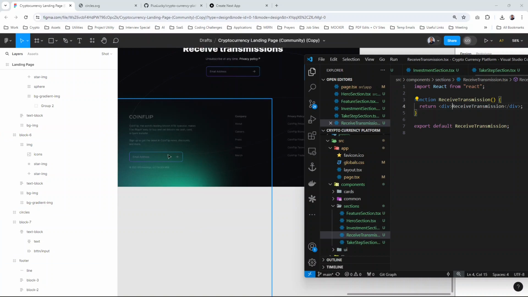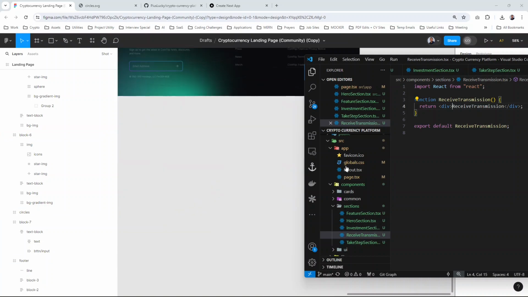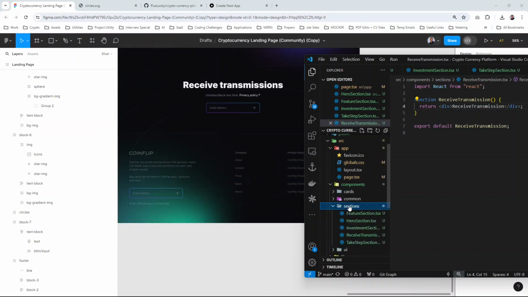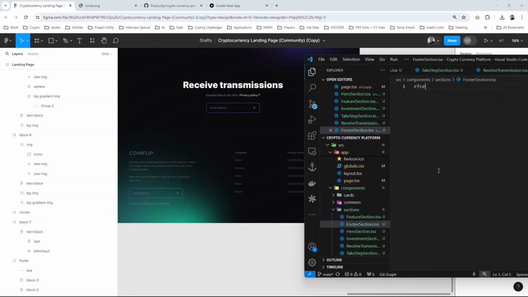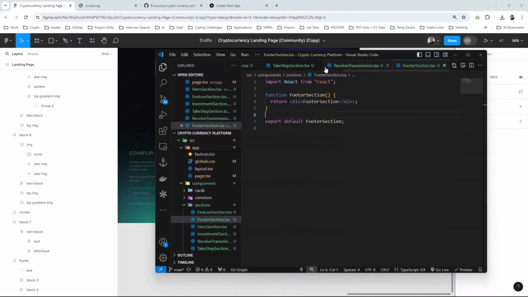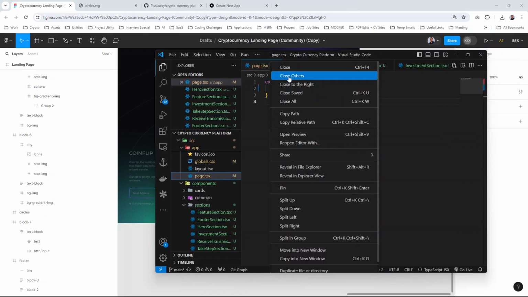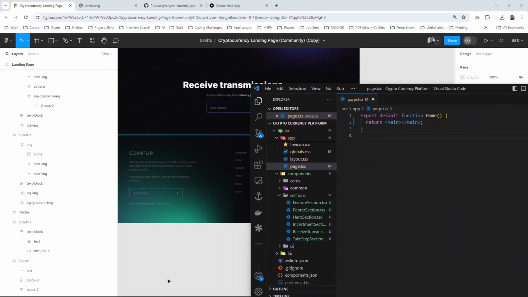And finally, we have the footer component. So we're just going to add that real quick. Come in here, create a new file. Yeah, so this is our footer. So we have the basic boilerplate. Good. So now that we have all the different components lined out, we have to start